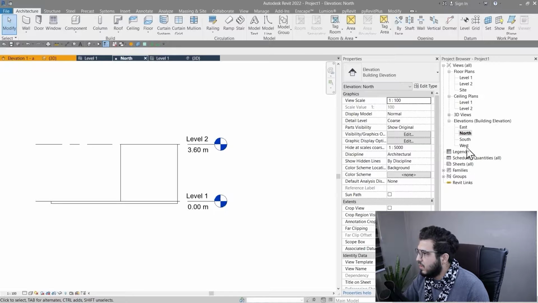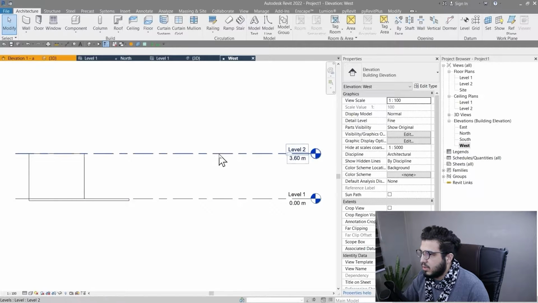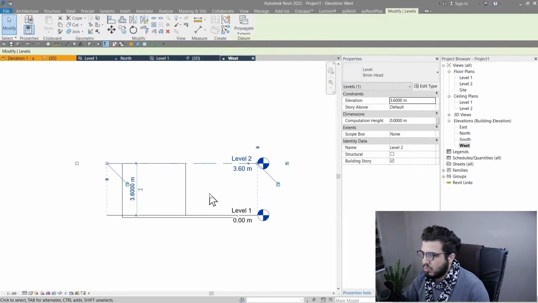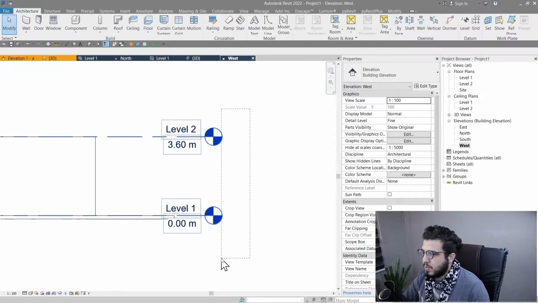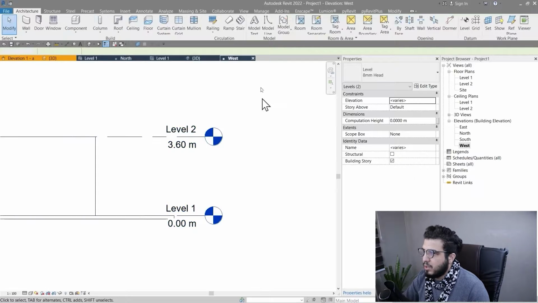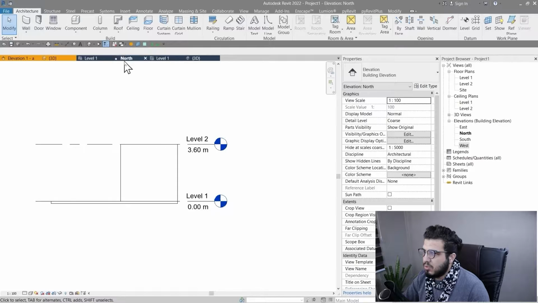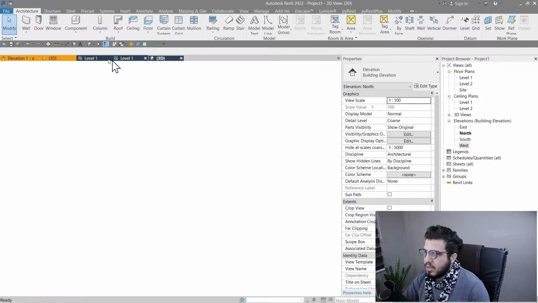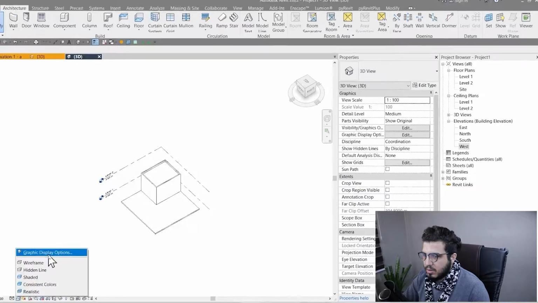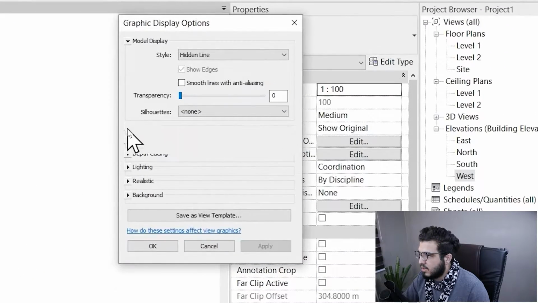And let's go to the west part, and let's adjust these two twos to work better. And let's propagate these two in east part too, to apply those settings in the east view too. Okay, that's great. Let me close all of the other elements, and let's turn on